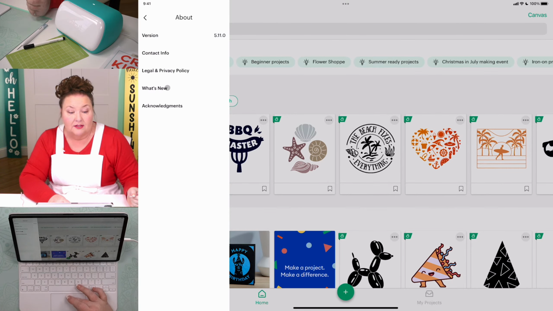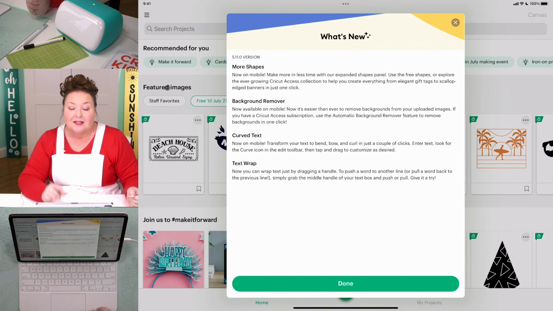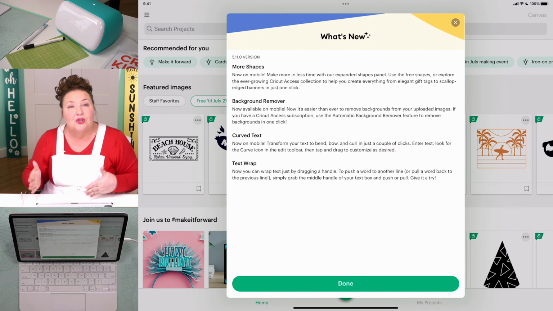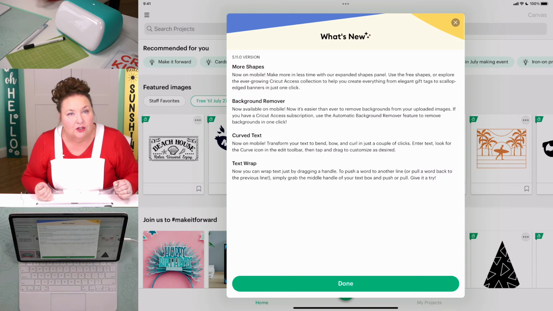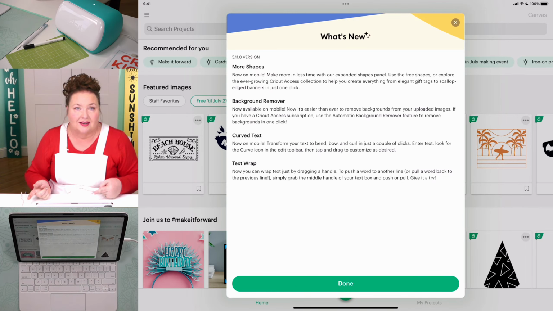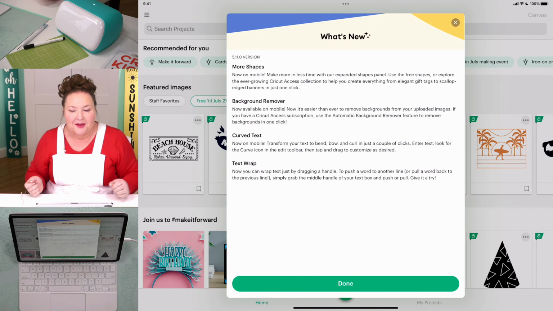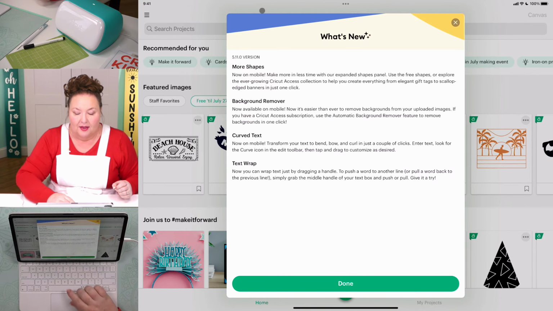What's new is significant because it will tell you what is new since the last time you used it. I think this is really useful if you are just an occasional crafter and you come in and you're like, oh my gosh, things look a little different to me. Head to the what's new section, find out what's going on, okay? So that you're not confused by that. And then